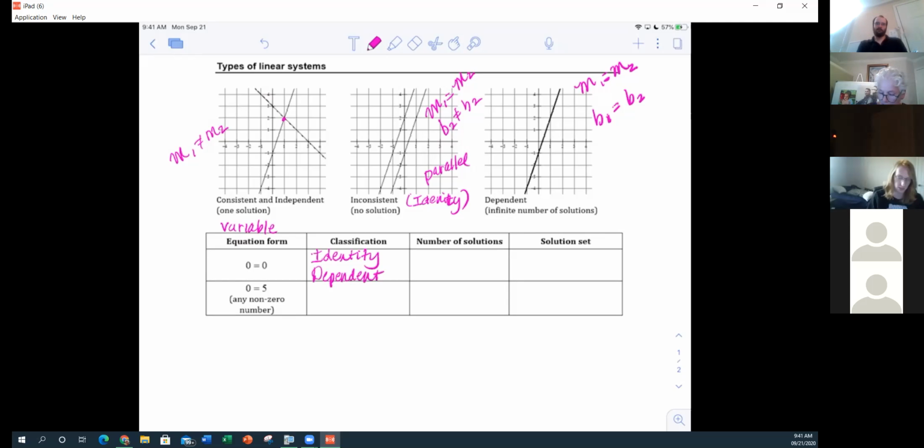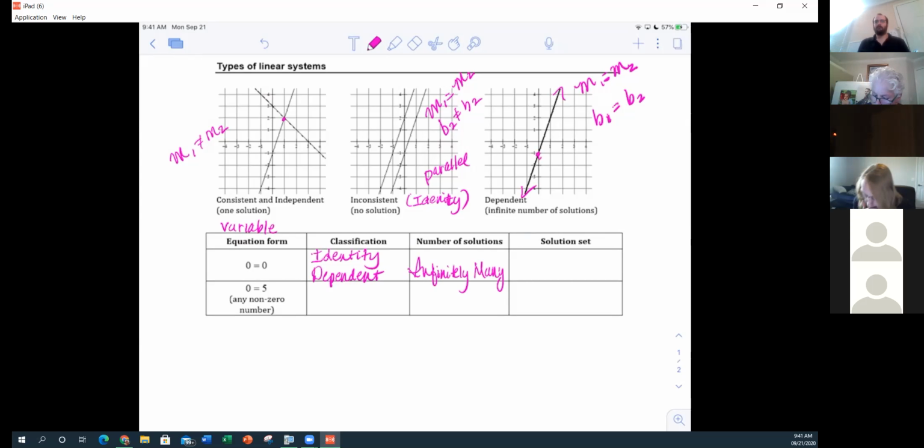Consistent and dependent. The number of solutions would be infinitely many. But it does matter that you can't just say, okay, infinitely many. That means 5, 8. That doesn't make any sense. So for example, here, there are infinite points on this line, but you have to make sure that you